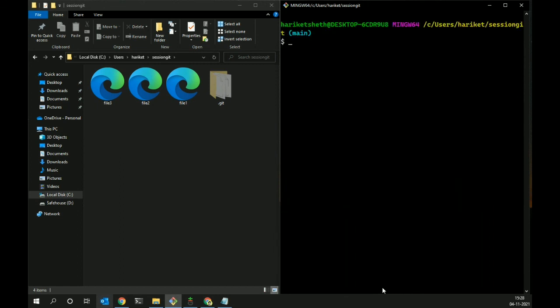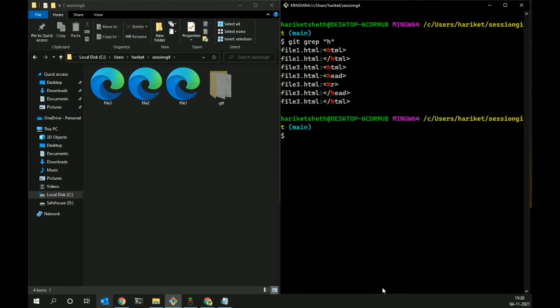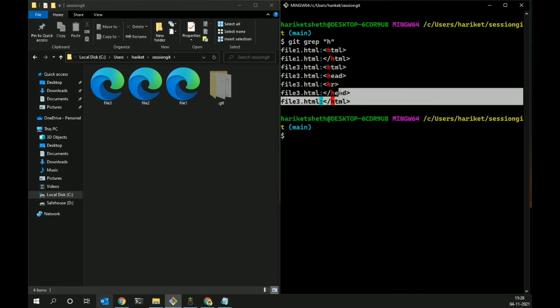Okay, so yeah, now we have one more command which is git grep, and this is basically for searching purposes, right? So if you have any regex expression and you want to implement that, you can use it here by using git grep, and it will search for all of the things that you have specified in your regular expression. Or otherwise you can also type something like this, so it will list out everything which is like from H. So this will help you in searching purposes.